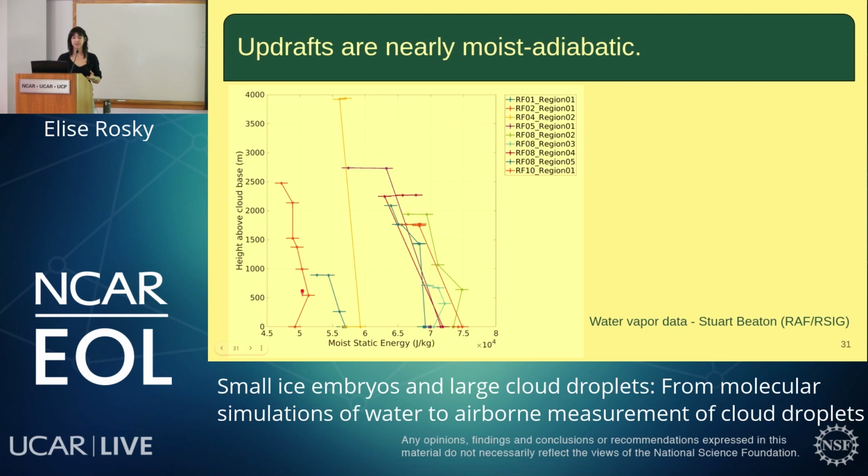And the moist static energy is pretty conserved throughout the height in the cloud for all of these regions. So this tells me that by selecting those updraft regions, I am more or less looking at a moist adiabatic